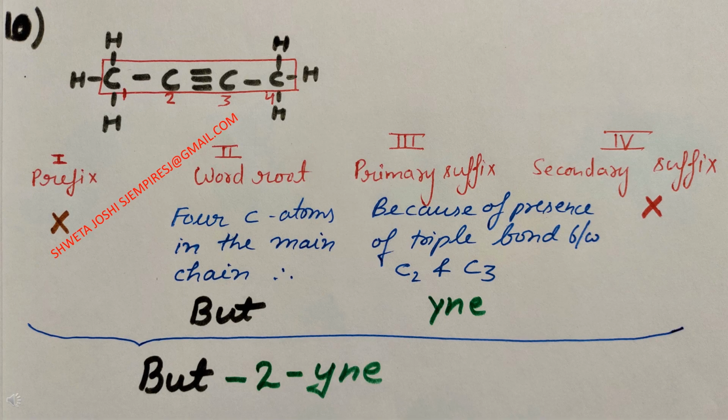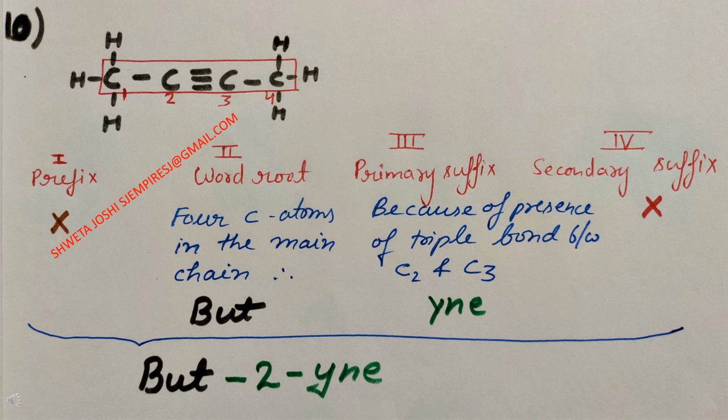Our next compound is CH3-C≡C-CH3. In this case, there is no prefix and secondary suffix part. So starting with the word root, because of 4 carbon atoms, it will be but. In this case, a triple bond is present between C2 and C3 carbon atoms, so we have to write down yne